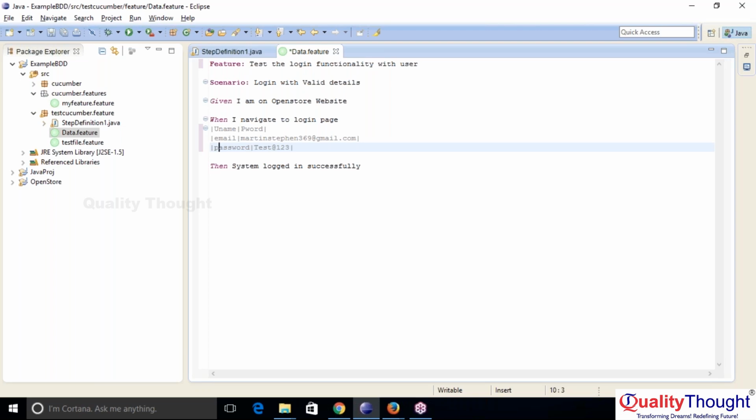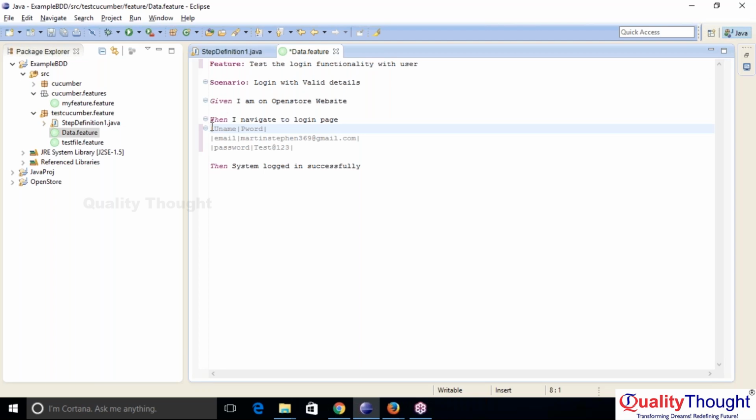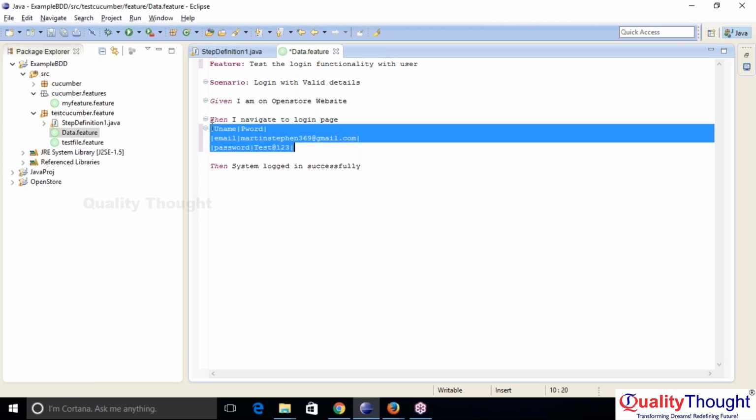This is nothing but the outline you are preparing for that particular scenario. This is the scenario, and this is the outline where you are going to pass the data. If you remove this, it is something like the general feature file you have seen earlier. Now in this feature file, one more thing is added, which is the data you want to pass from the feature file. So if you want to pass the data from the feature file, make sure that we provide